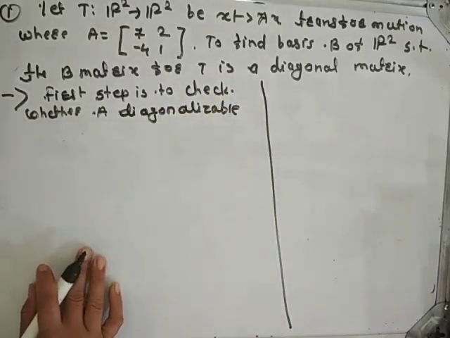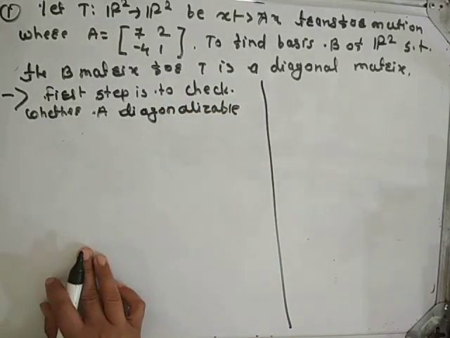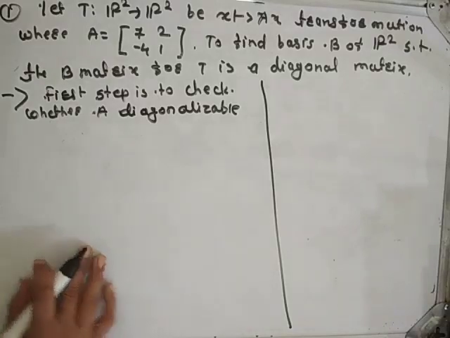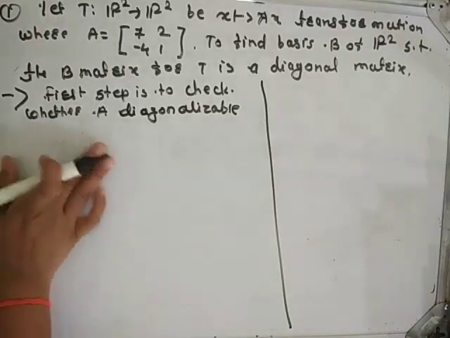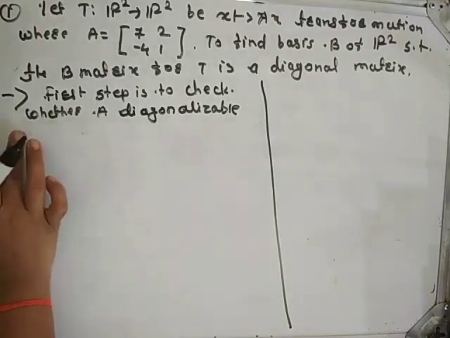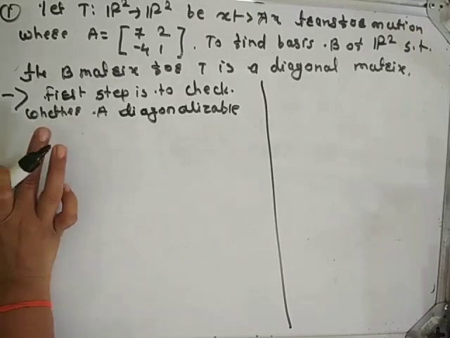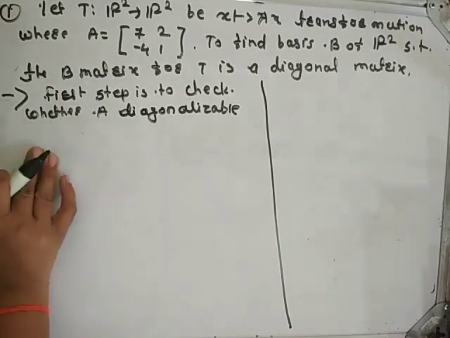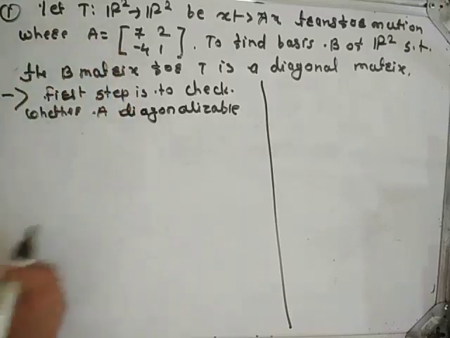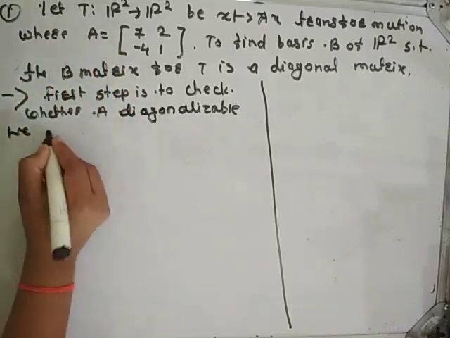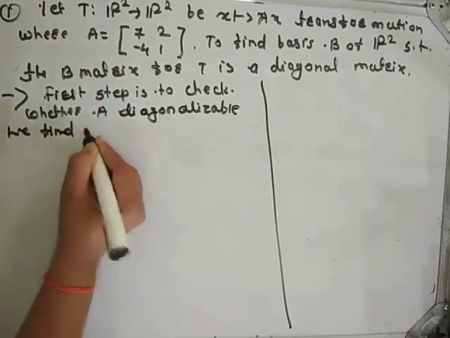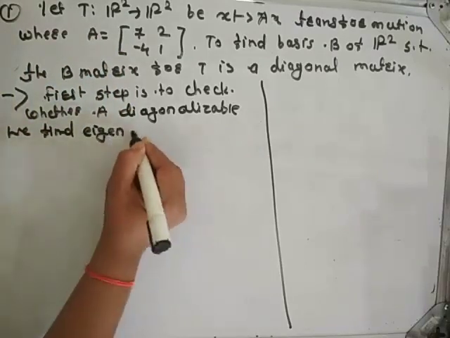In the previous video, we solved one example of a diagonalizable matrix. So first of all, we have to find the eigenvalues of this matrix. We find eigenvalues of A